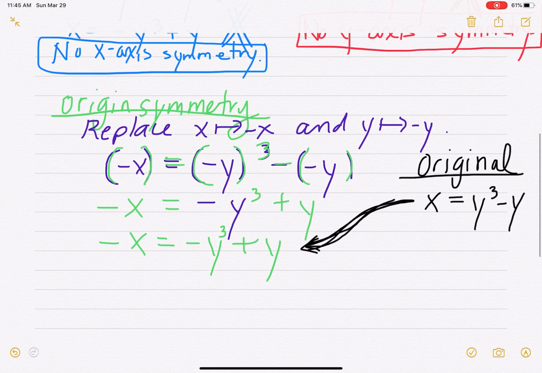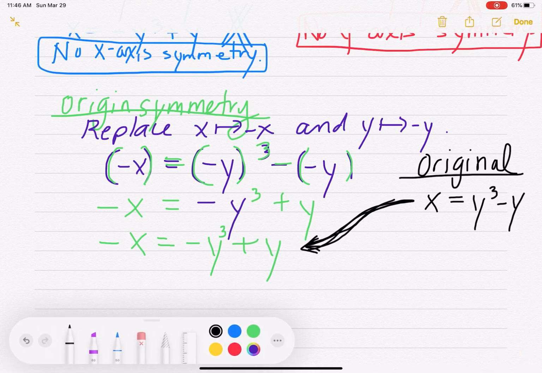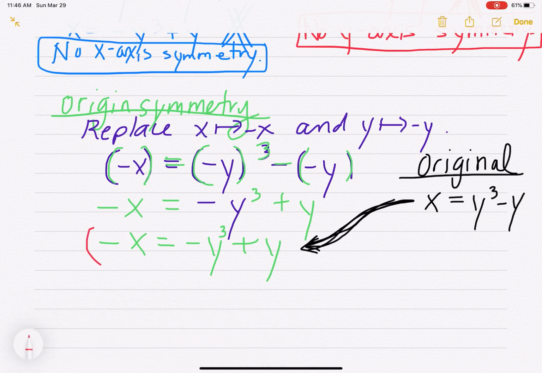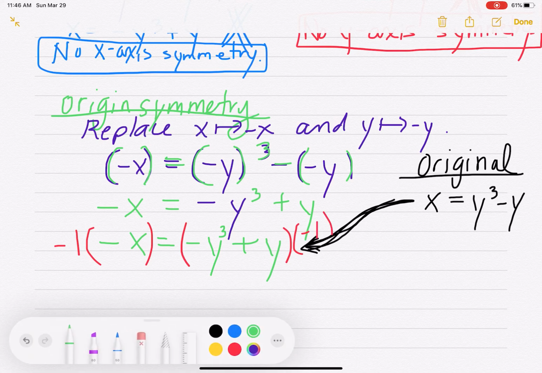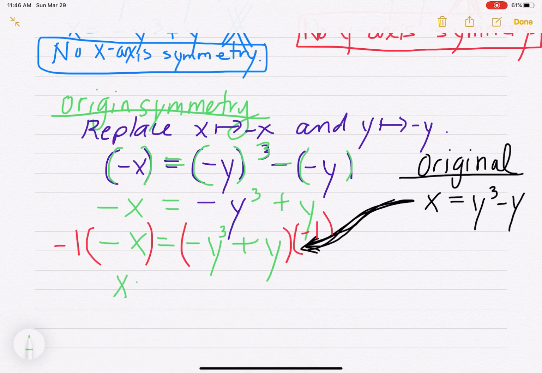If you look at your green equation there, negative x equals negative y cubed plus y, and you multiply both sides by negative 1, I multiply the left side by negative 1 and the right side by negative 1. Negative 1 times negative x gives me x. On the right side, if I distribute that negative 1 through, I get y cubed minus y. And that is exactly the original equation, so that's a check mark. So yes,